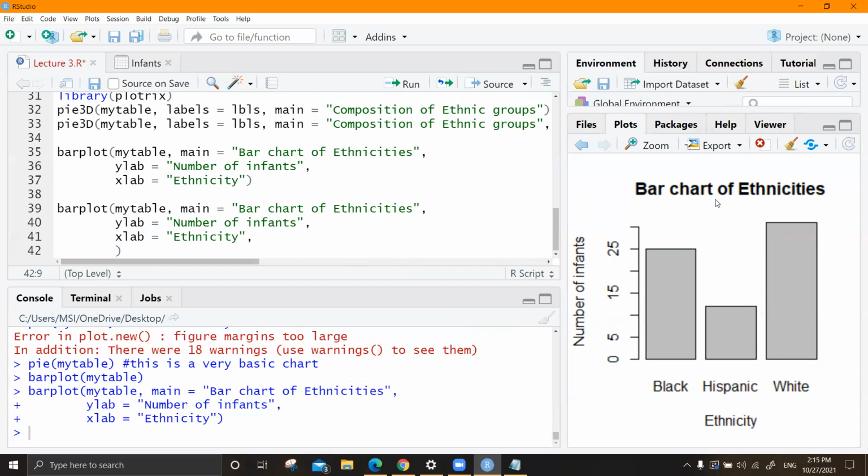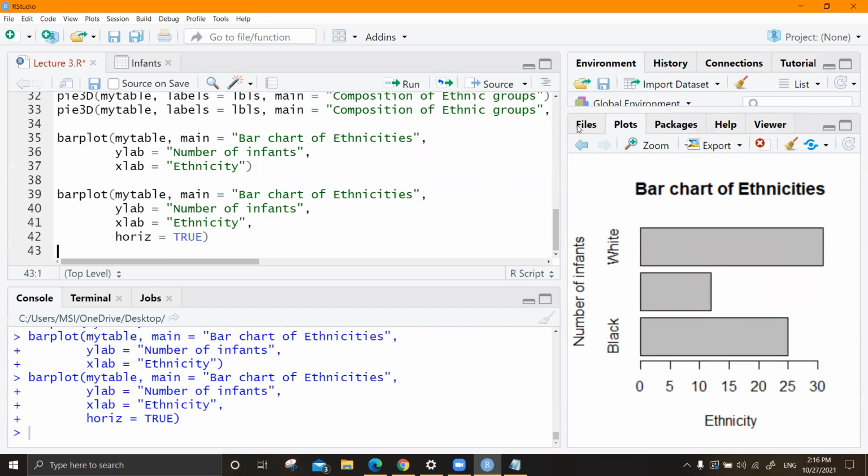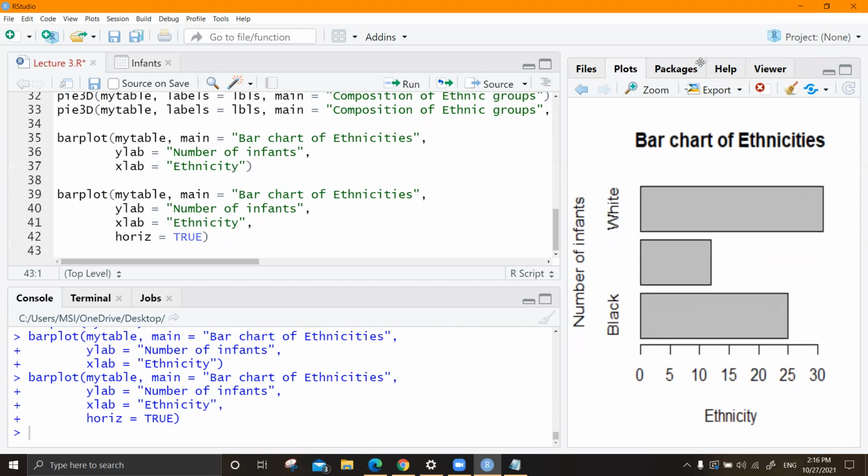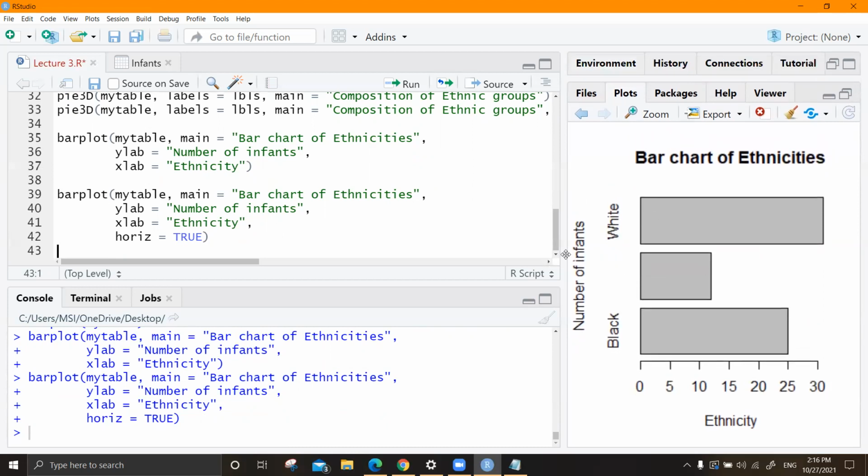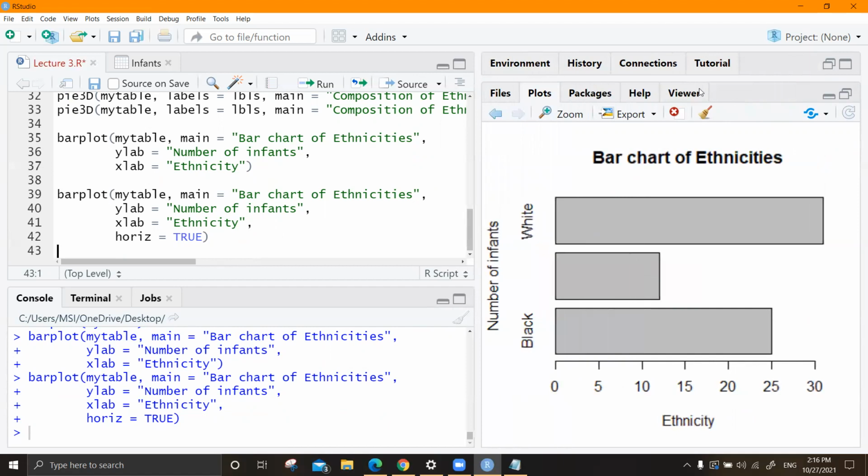You can write it even at a stretch, but I can't show that much on my screen because I have increased my font size for you all to see this properly. So that is why I enter argument by argument. It is nice. So the argument is horizontal equals TRUE. You can either keep T or type TRUE. Then you are getting horizontal bars. You have to resize and see the word Hispanic is not appearing properly.